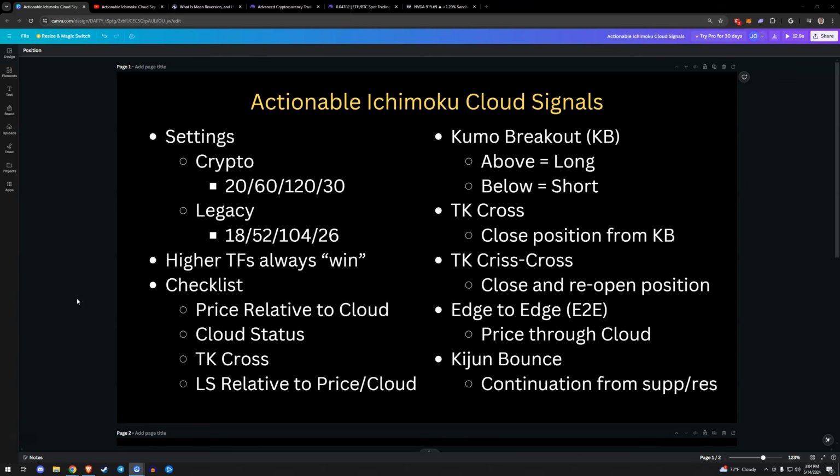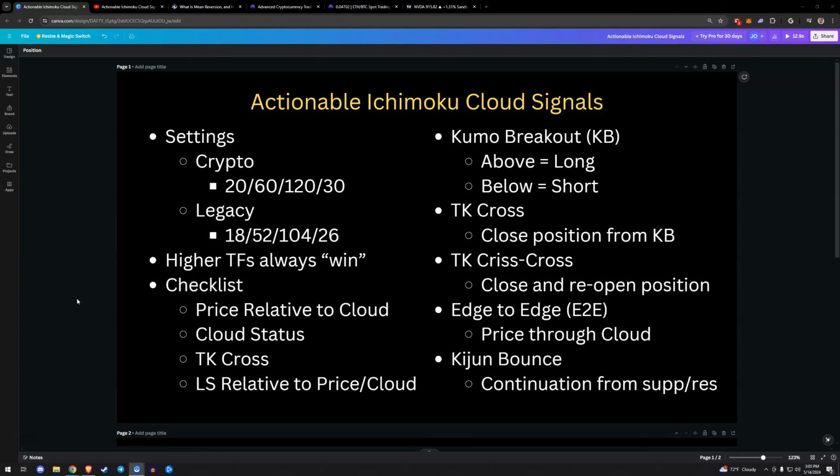There are signals that I've talked about: Kumo breakout, TK cross, TK crisscross, edge to edge, and Kijun bounce. This TK discussion fits along the lines of the Kijun bounce criteria, but it sort of precedes the Kijun bounce. And it's just another part of the cloud system that, once you recognize what you're looking at, you don't really need RSI, you don't really need MACD. If you're ever looking to quantify overbought or oversold, RSI I like. The RSI is great, MACD is fine, but I'll also show you some other indicators that you can use to